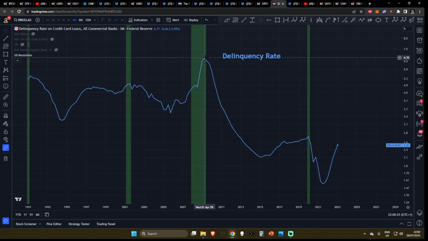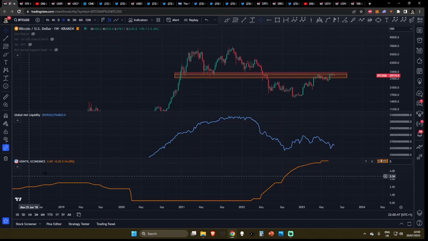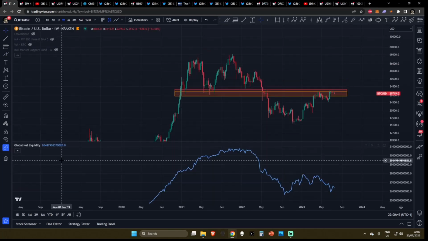So to tie everything up, because of all of this, I think we're going to see real GDP take a real plunge to the downside, and that could put the US in recession territory, and then this cycle could get exponentially worse. Because of this, global net liquidity could really see a crippling throughout 2023 and potentially into 2024, and this will have a negative impact on the prices of cryptocurrencies and the stock market.